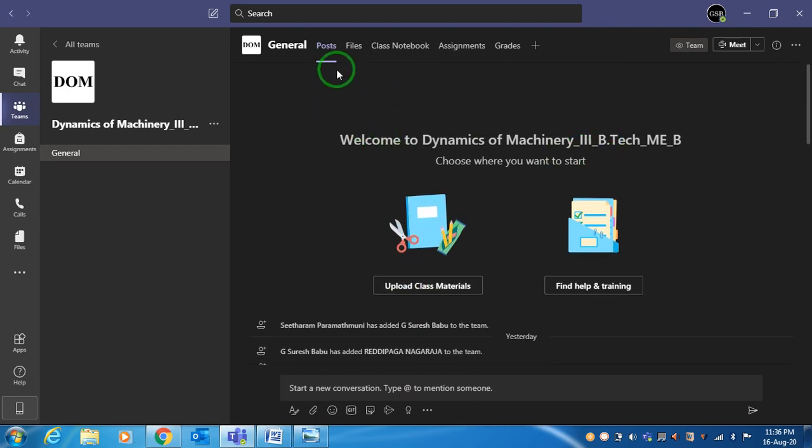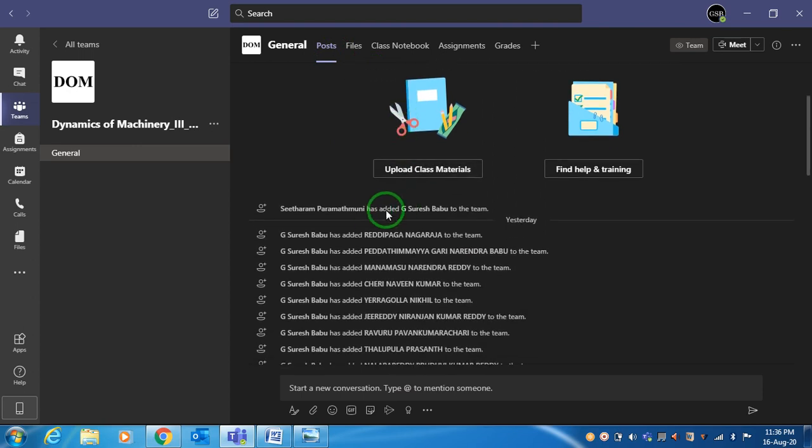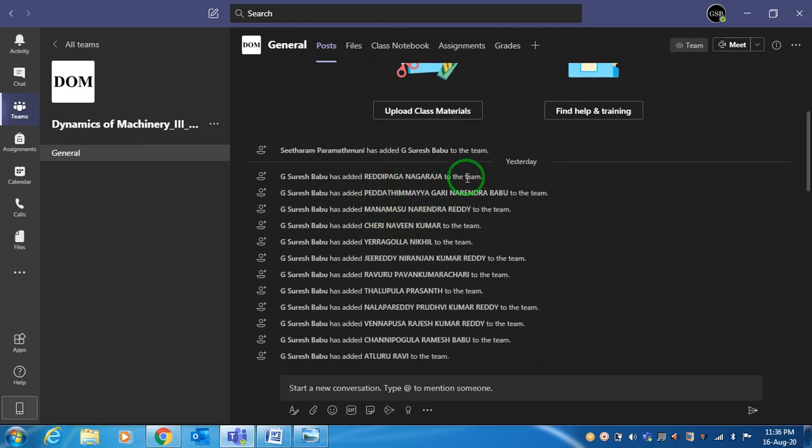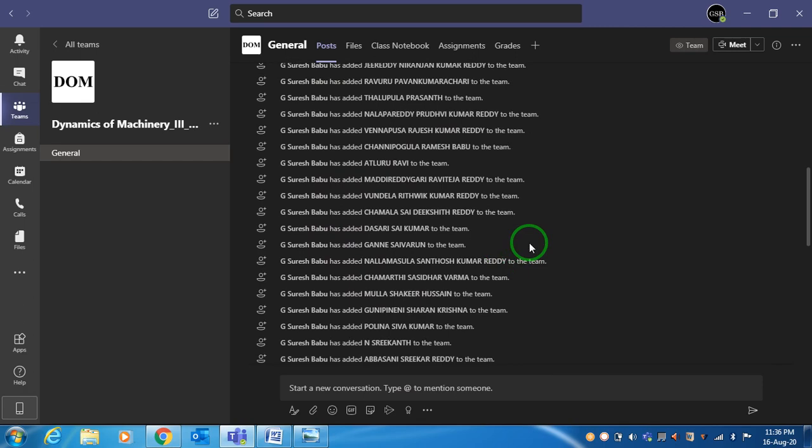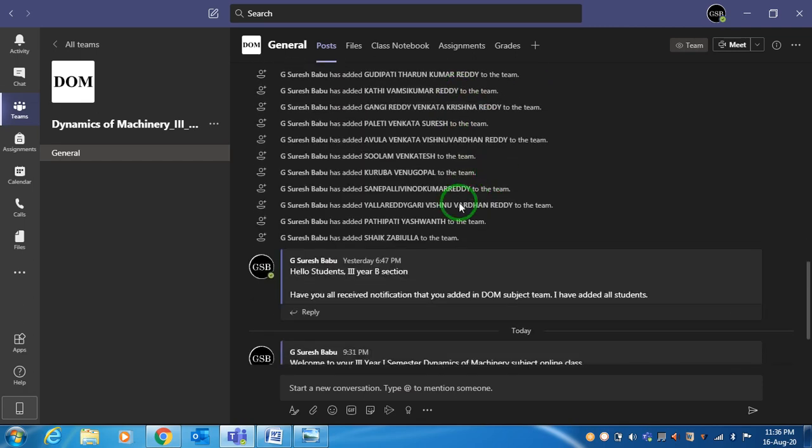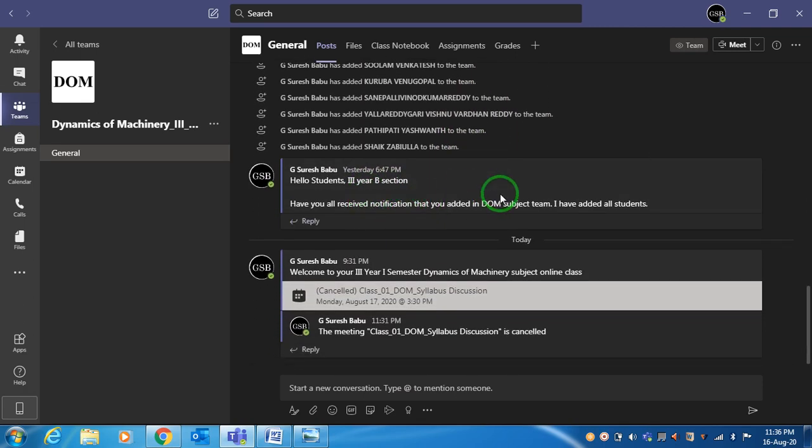This is the default page: post, files, class, notebook, assignments, grades. In this post, first Sitaram sir created a team. For this, he added me as owner, and yesterday I added all my students, 38 students. I have given some messages to them, and I have scheduled a class that will all appear here.